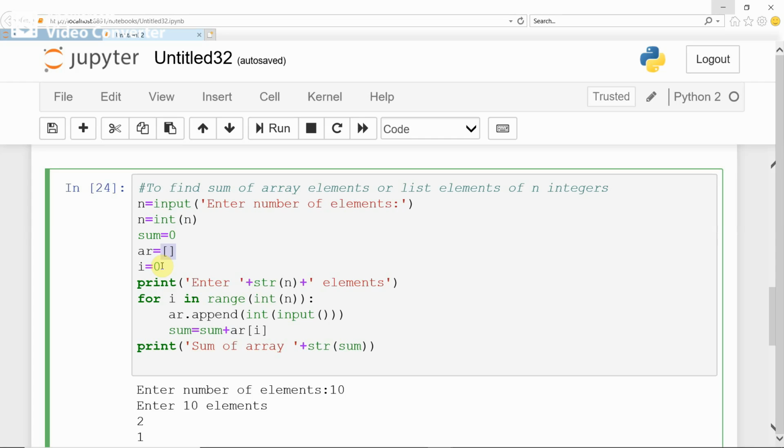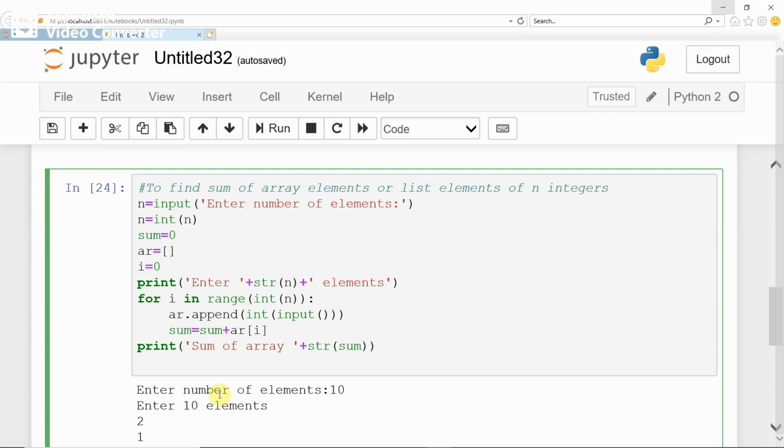Then after inputting an integer element, the array needs to be appended with that element by using the AR dot append function. AR is the array name, dot append is the function, and whatever you inputted is appended to the array.